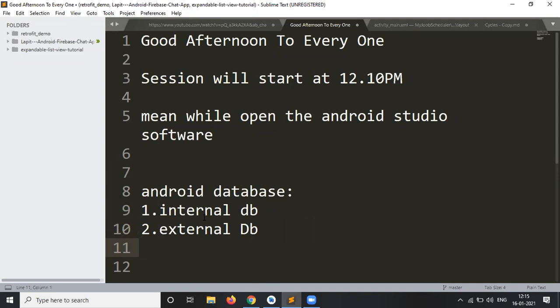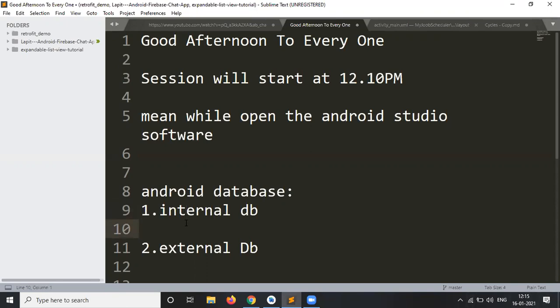So what is the internal database? In the internal database, we store the data internally, without any involvement of the web or other external devices.